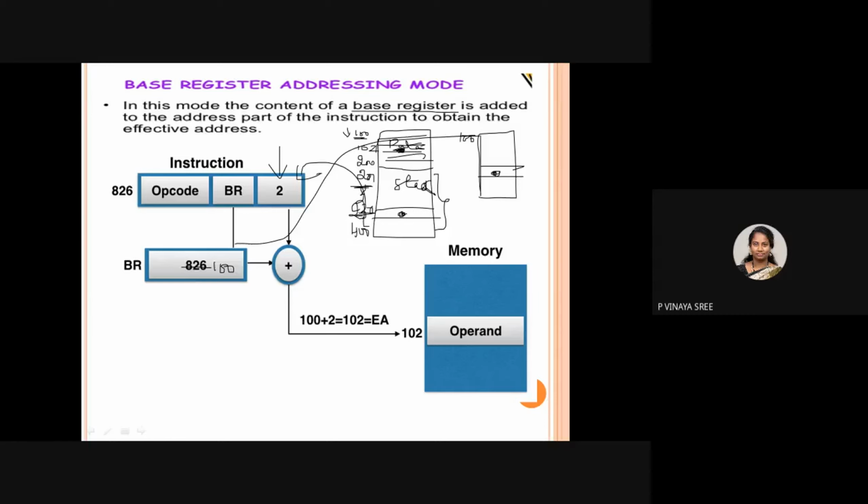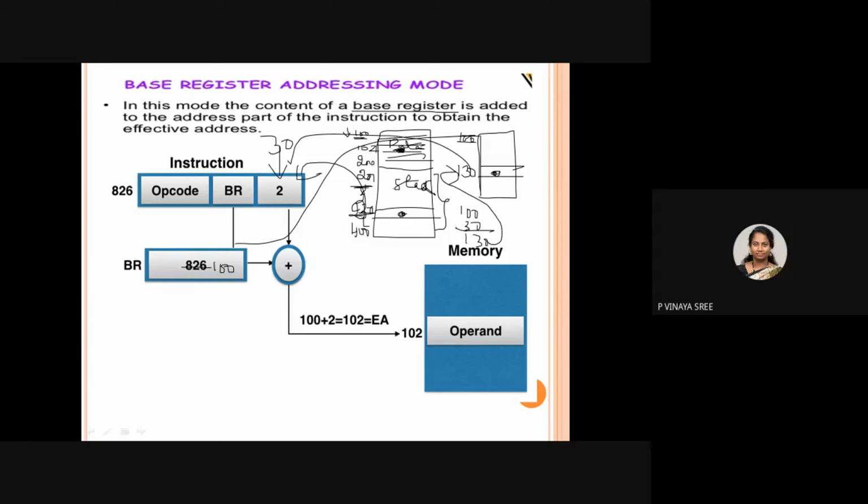Now if it wants to access the data location 130, this offset 30 will be mentioned in the address part. So if you add the base register contents 100 plus the address part 30, you will get 130. Using this, you can go to this particular location. So this is your base register addressing mode.